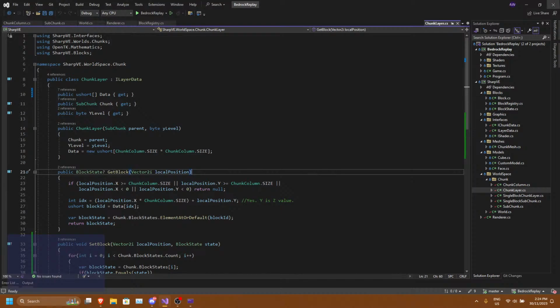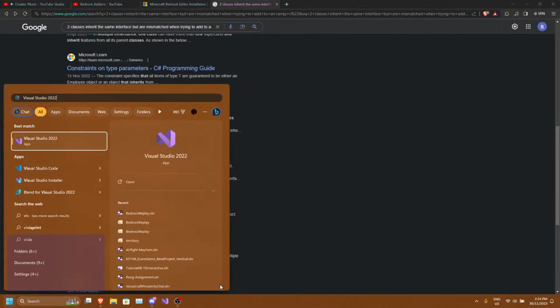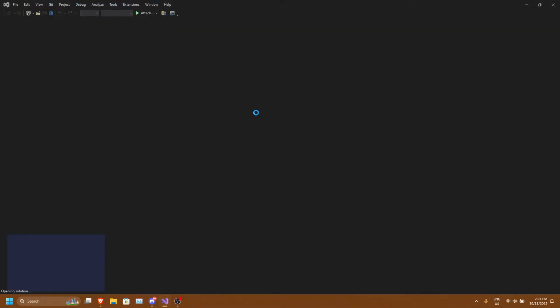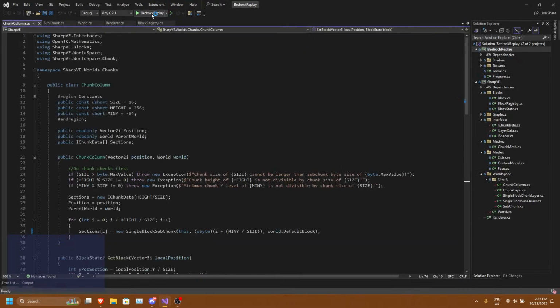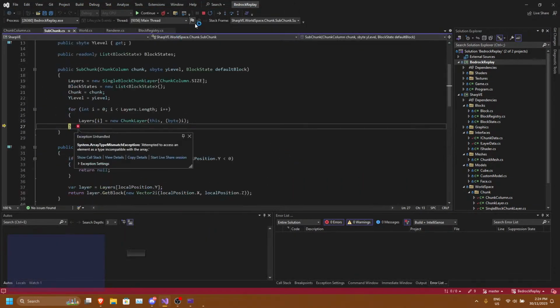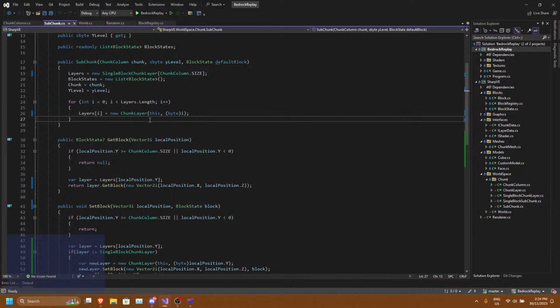Might be building it incorrectly. I'm going to restart Visual Studio and see if that works. I swear if this works, I'm gonna lose my mind. Okay, no, it doesn't. Oh, that's why.